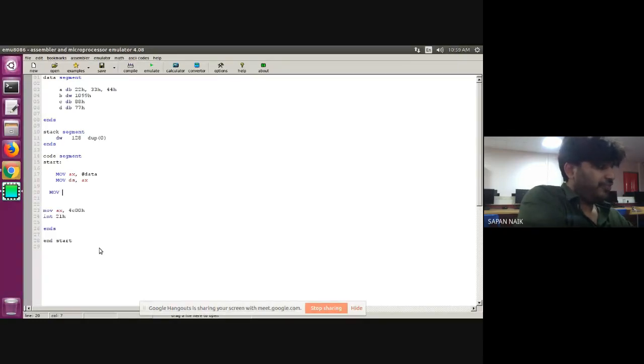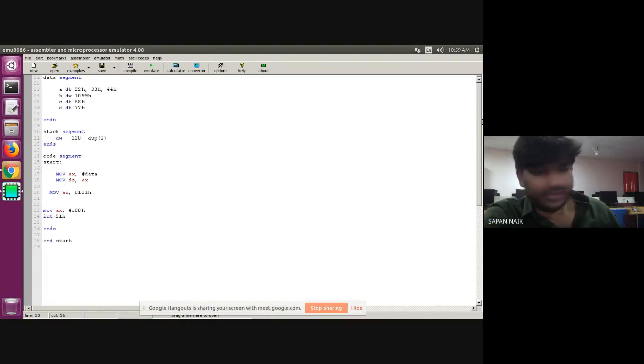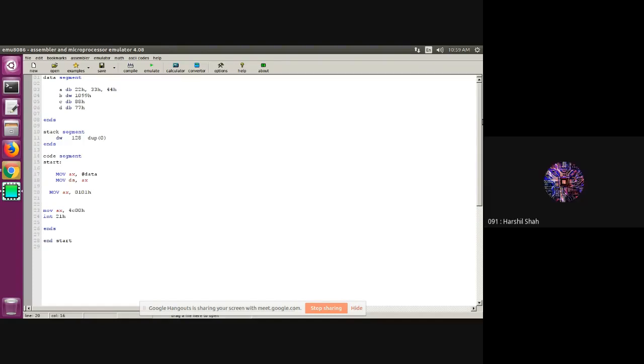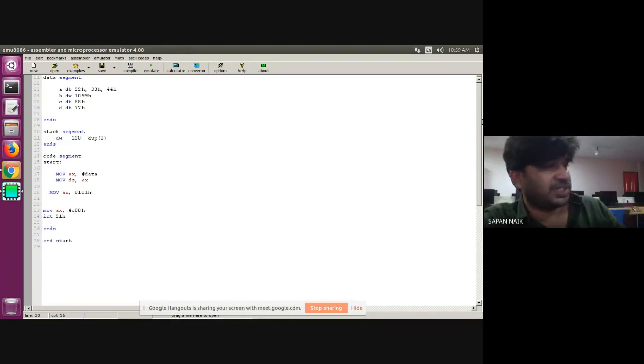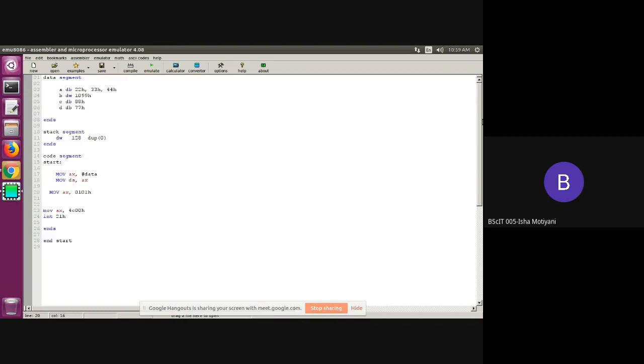Move AX comma 0101H. What will it do? This instruction will store the value 0101 into AX register.